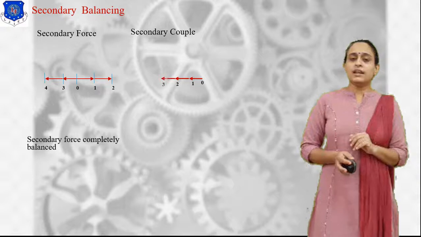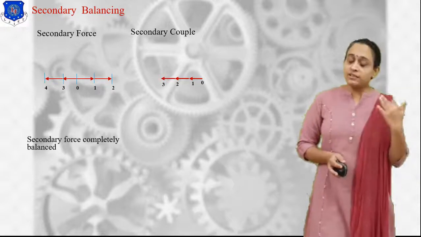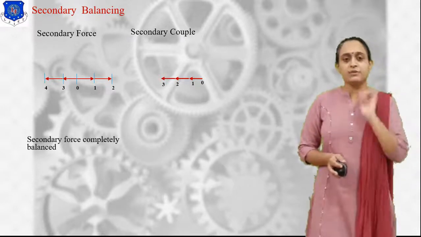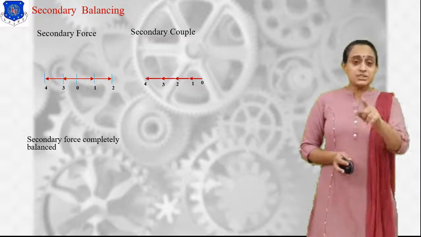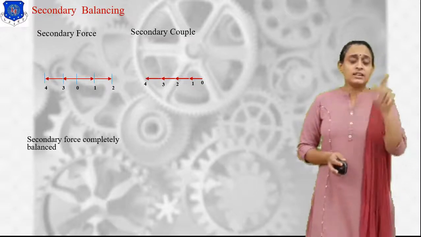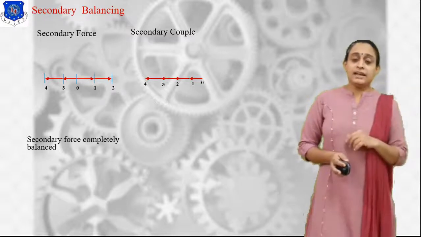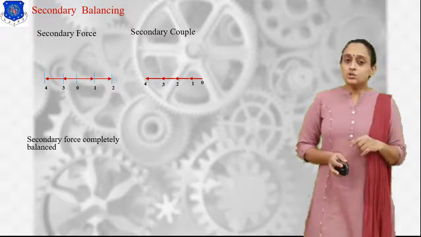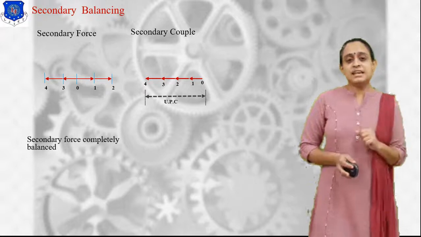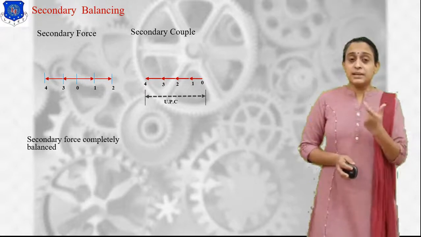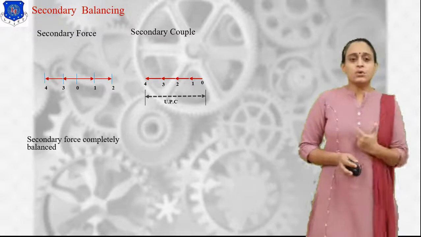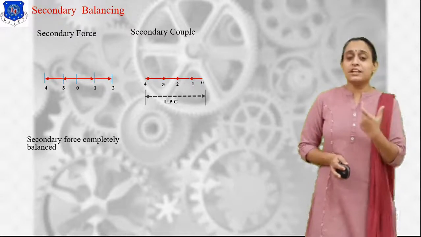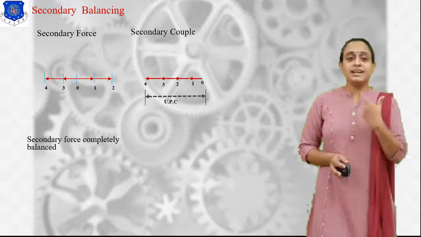Now 3 and 4 both are having positive value and they both are at 180 degree, hence we have to draw it in 180 degree. Okay, now as you see in this diagram, they all are at the same angle, they represent the same angle, so that we can see here it is completely unbalanced in only one direction. So the total value gives us the value of the unbalanced secondary couple.